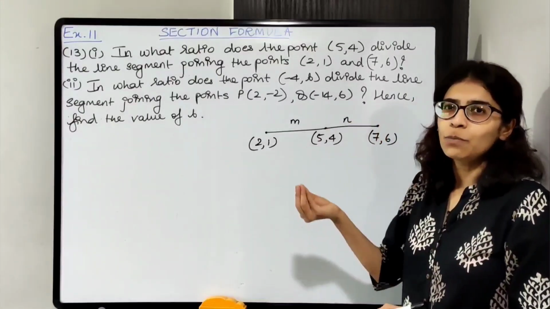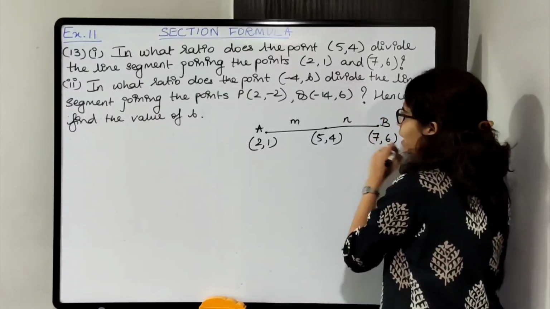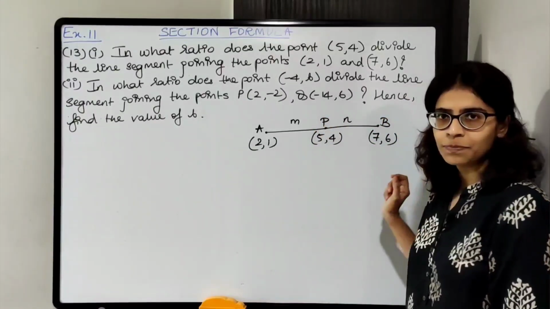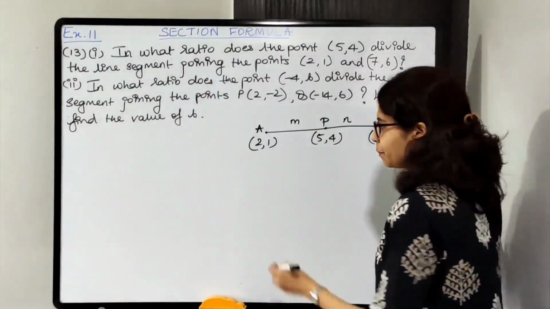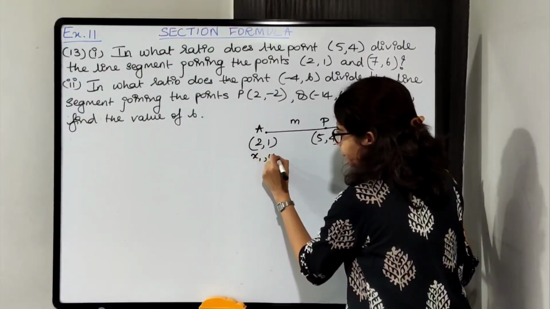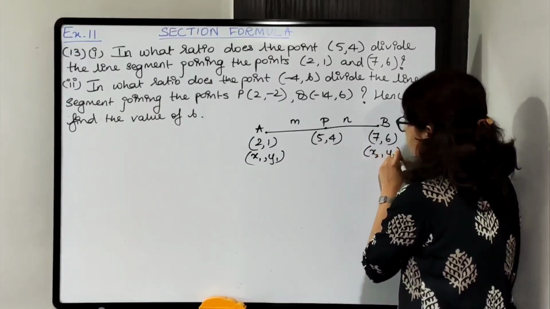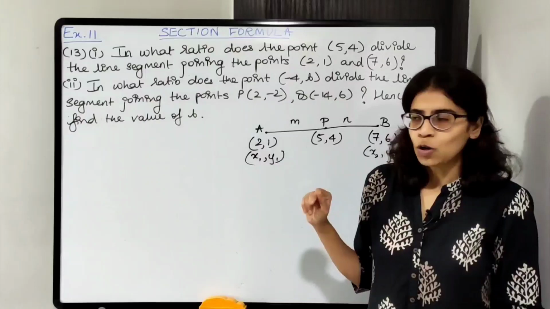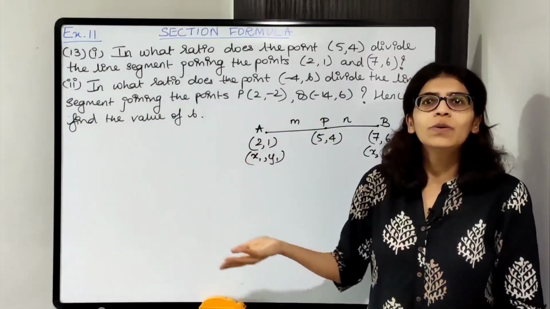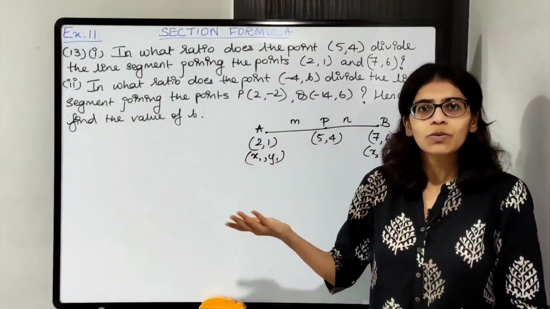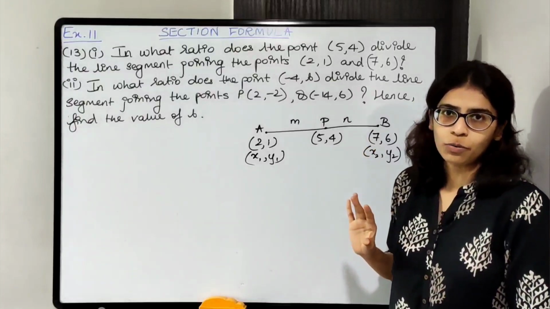Let us name the points first. Let's say this is A, this is B and let this be P. ये हो जाएगा x1, y1, ये हो जाएगा x2, y2. End points हमेशा x1, y1 and x2, y2. Which formula you will apply? Over here ratio we don't know, so it is unknown. Unequal consider करते हैं, so whenever it is unequal we consider section formula. So we'll apply section formula over here.